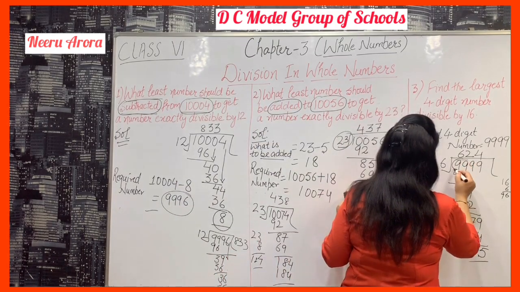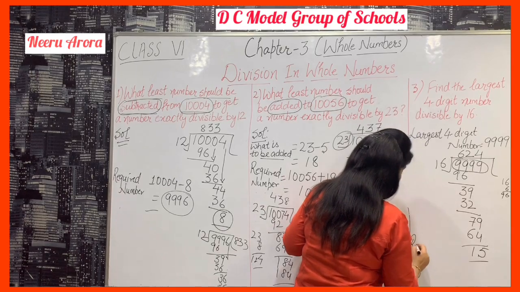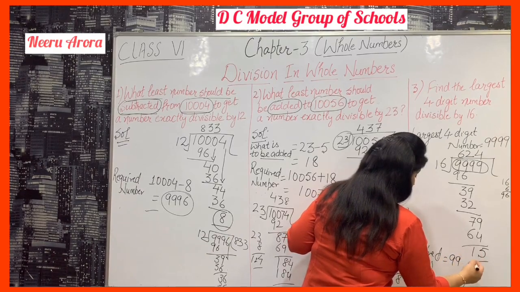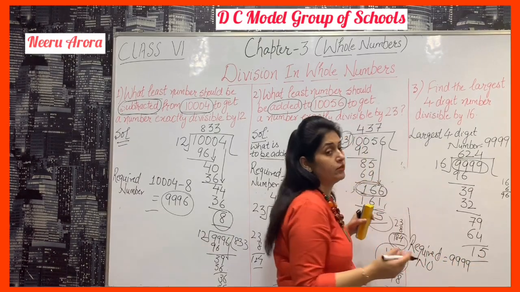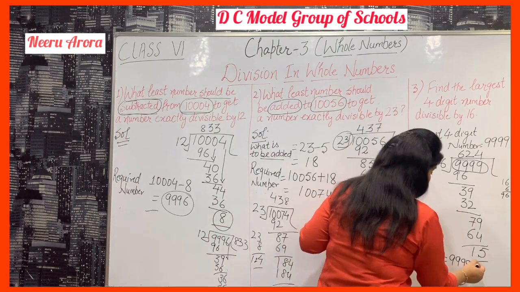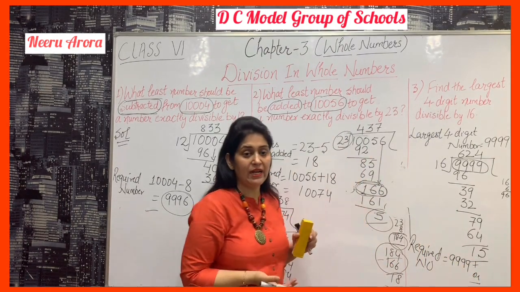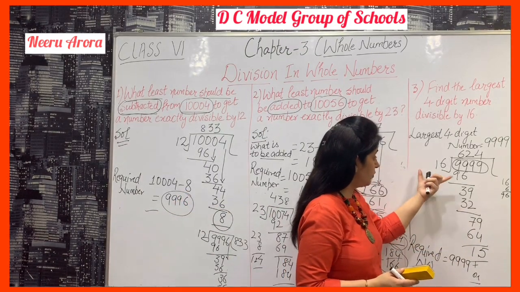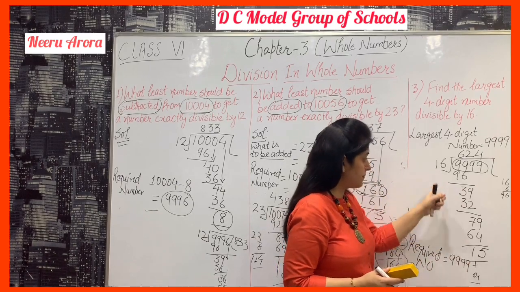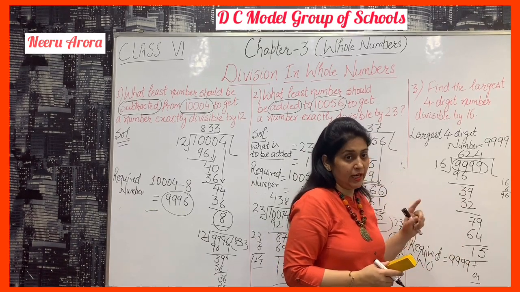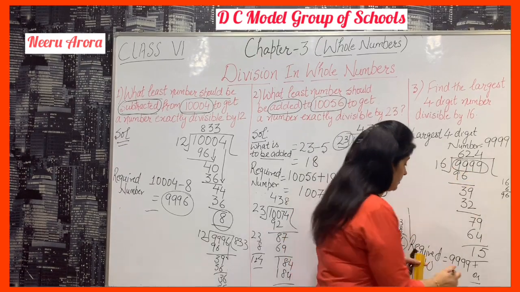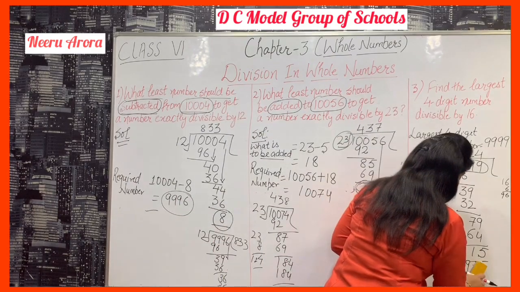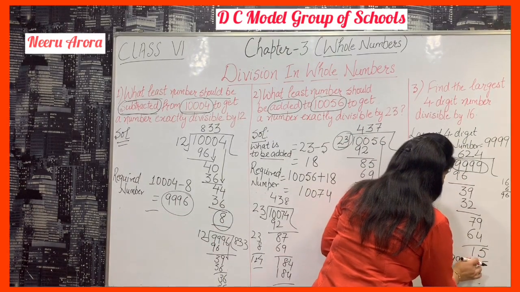So what will we do? In the dividend for the required number, we have only two options. We have to add something or we have to subtract something. Plus or minus. Suppose I add something, suppose the difference of divisor and remainder is added, so it is 1. If we add 1 to this, we will get a 5-digit number. So it means we cannot add anything. We have to subtract only.